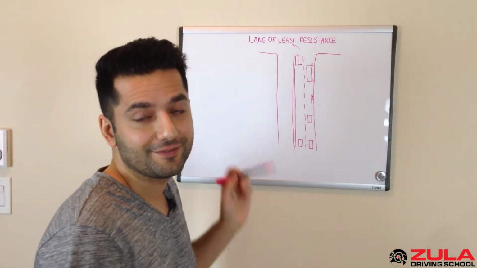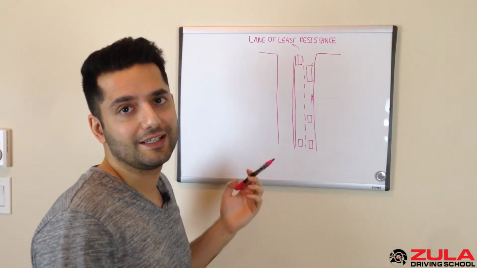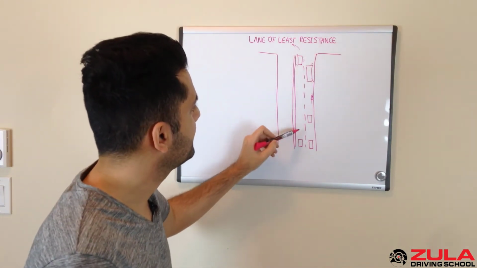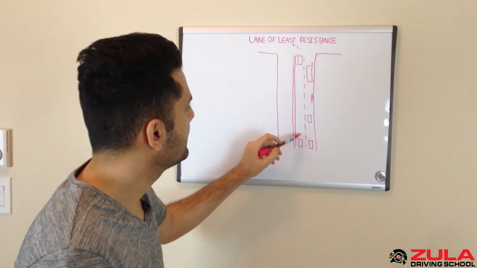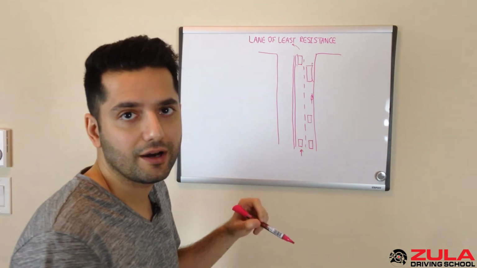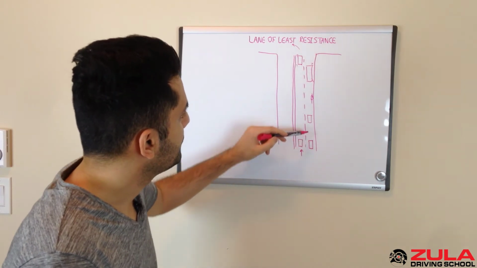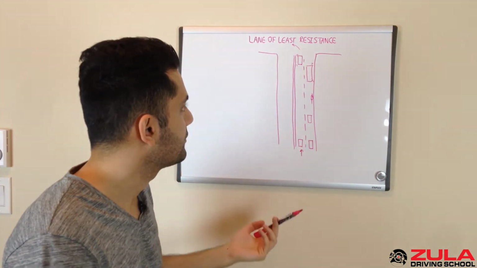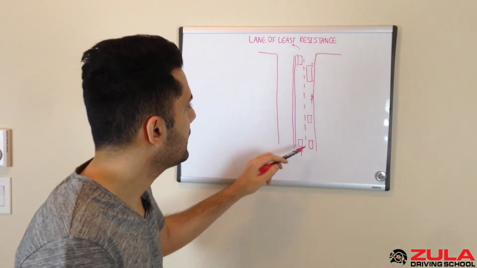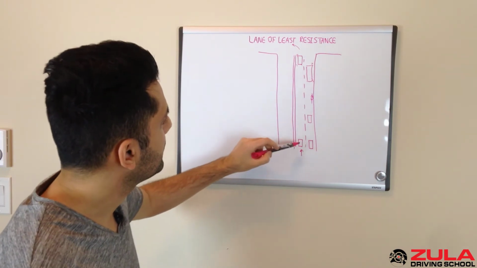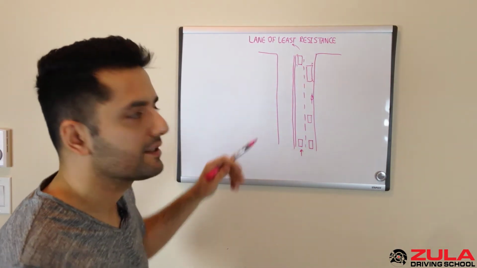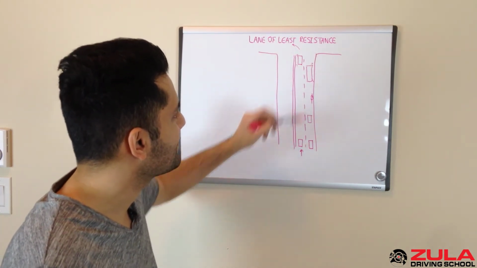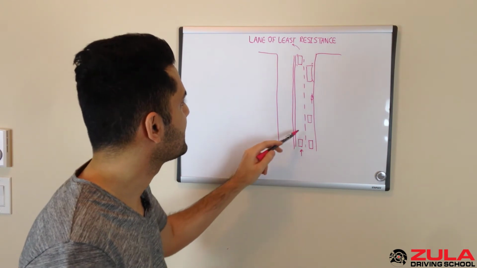Now, this concept of lane of least resistance only applies in the city. On the highway in BC, you can't hang out in the left lane, right? This is called the passing lane on the highway. And so you might see a bunch of cars traveling in the right lane where they're supposed to be traveling, in the travel lane. You can't be like, no, I don't want to go the speed limit, I'm going to go into the left lane and this is the lane of my least resistance. No, this is not a fast lane. This is not a slow lane. So don't treat it as one.